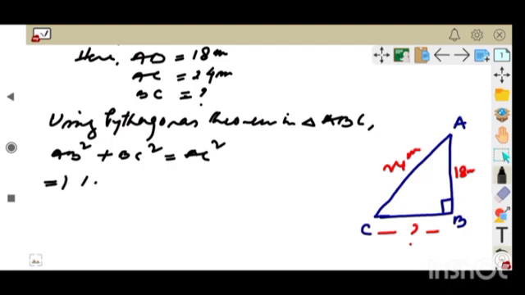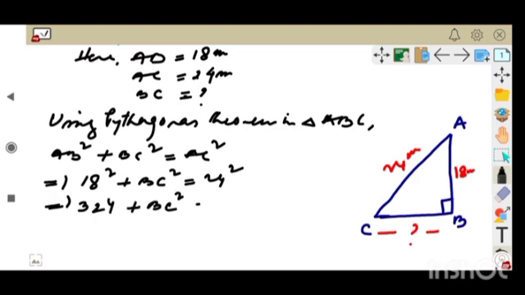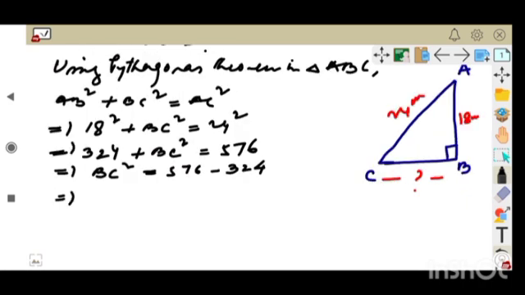Here AB is 18, so 18 square plus BC square equal to 24 square. Now 18 square is 324, plus BC square equals 24 square, which is 576. So BC square equal to 576 minus 324, which implies BC equal to